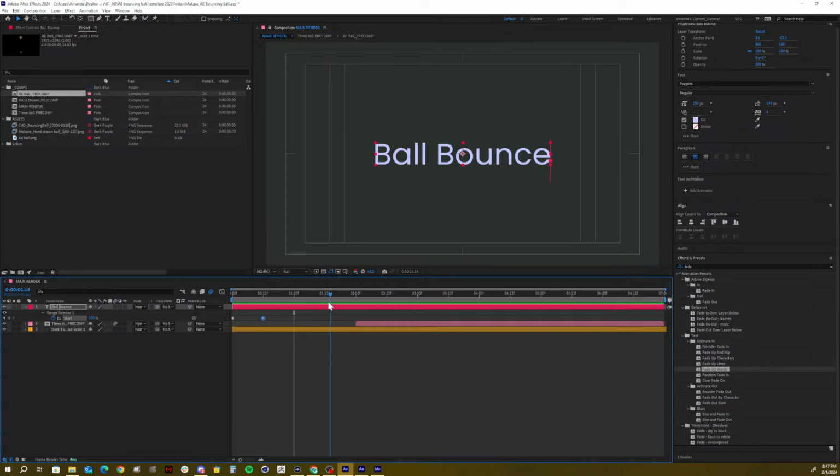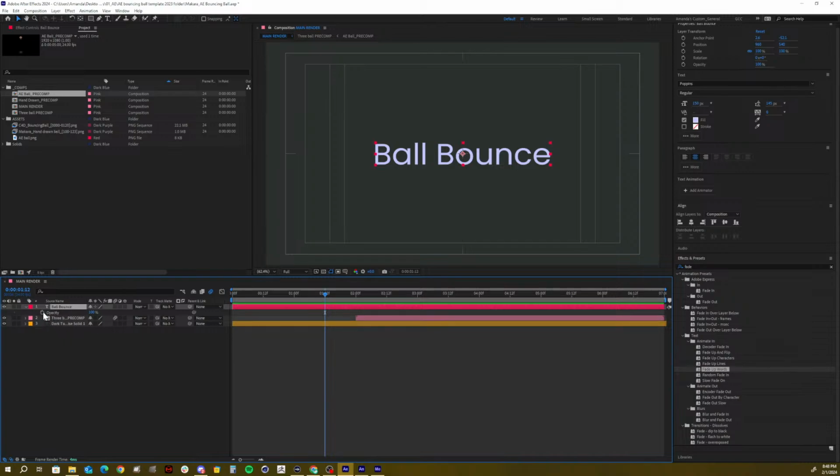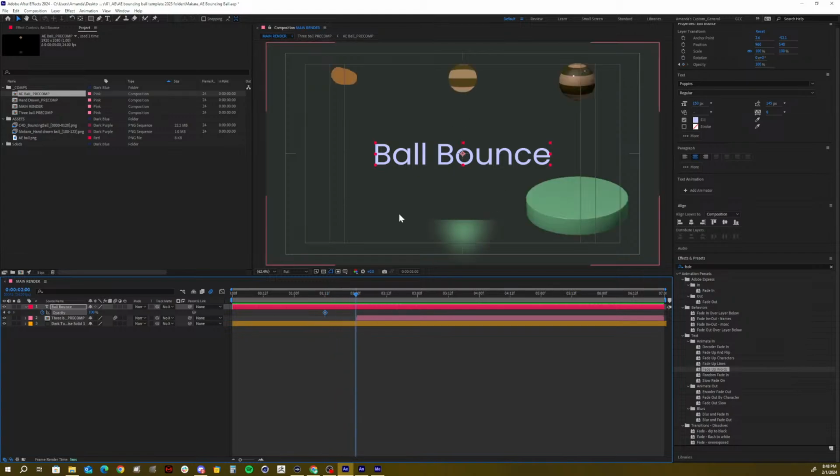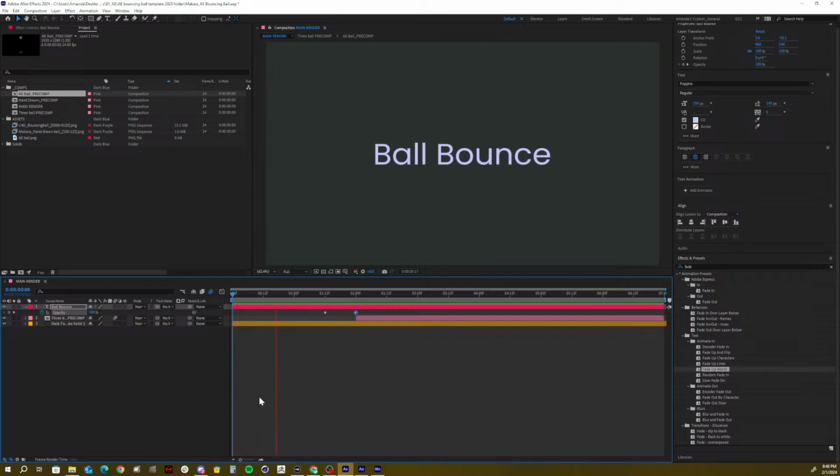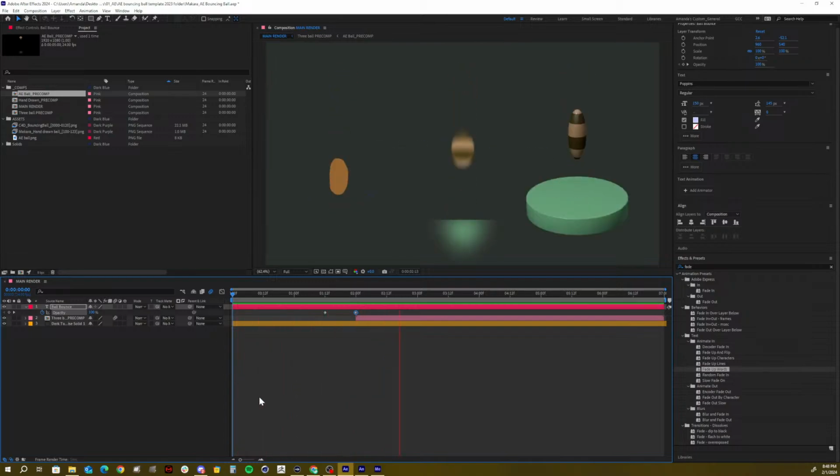And I actually want it to fade off here, right? And so what I'm going to do is I'm going to hit T on my keyboard and I'm going to keyframe the opacity at 100. And then I'm going to move to this 2-second mark where the balls show up and I'm going to go to 0. Okay. And so now the title's going to fade in, it's going to fade out, and then the